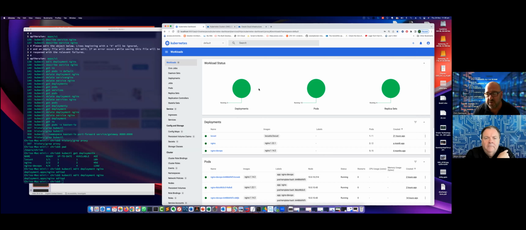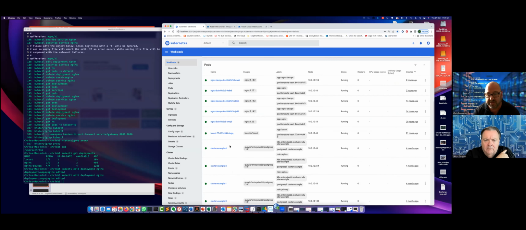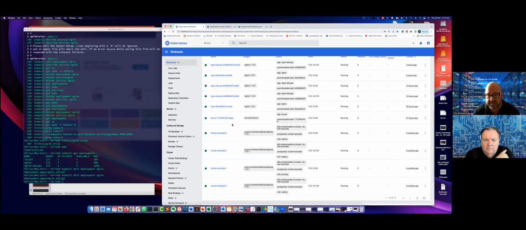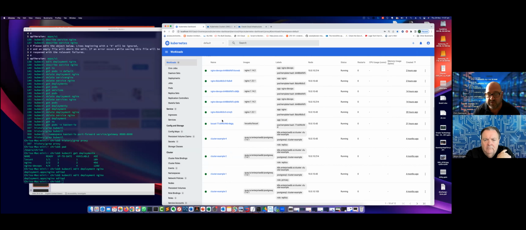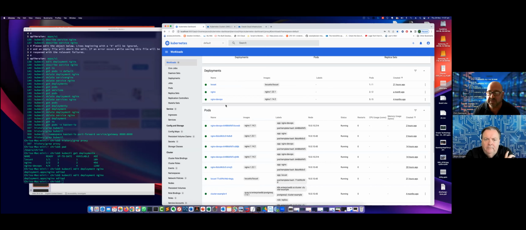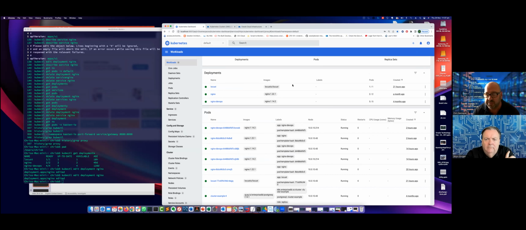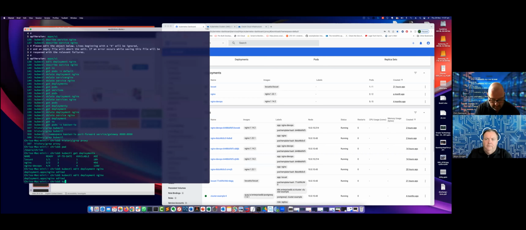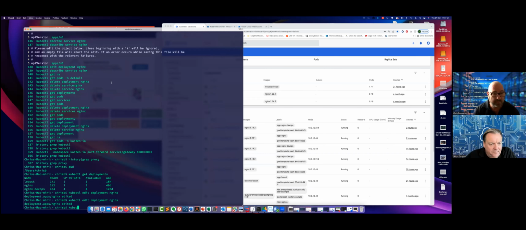So this is showing me my workload status. I've got 12 pods running, and my pods are down here. I've got a Postgres cluster, some Nginx web servers, and some Nginx web servers running with persistent storage. These can be seen as microservices running inside it. Each one of these pods runs a container image, so you can think of them as a microservice. I hope everyone can see this screen okay.